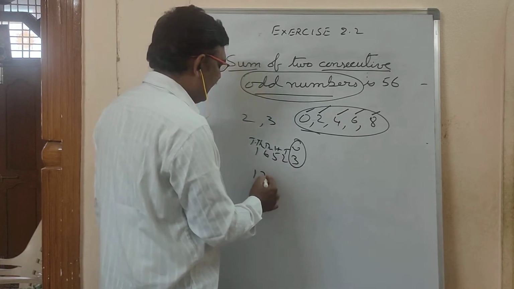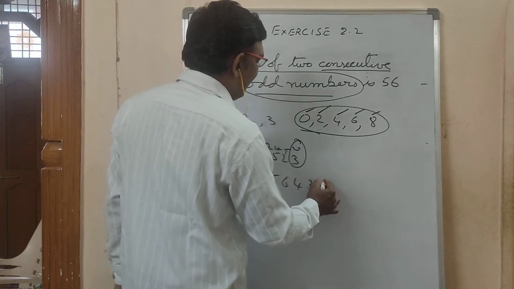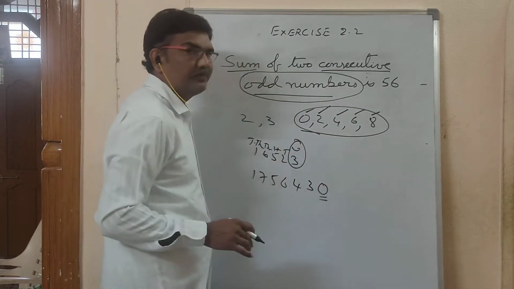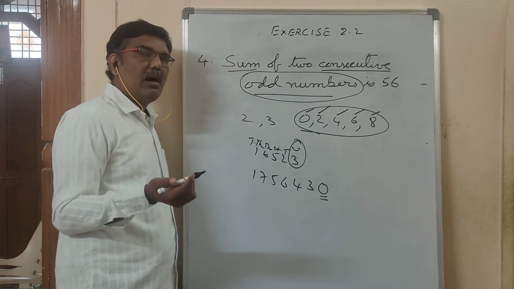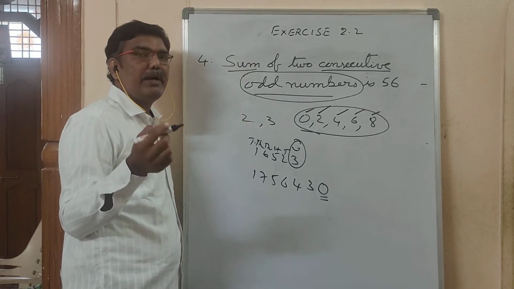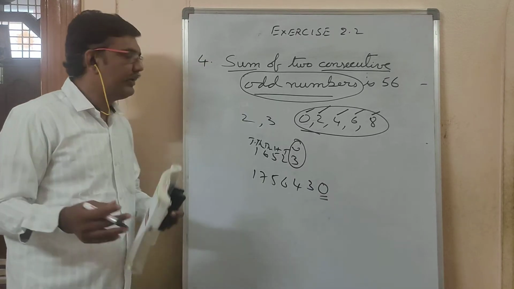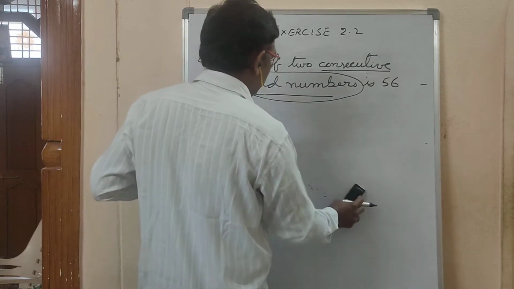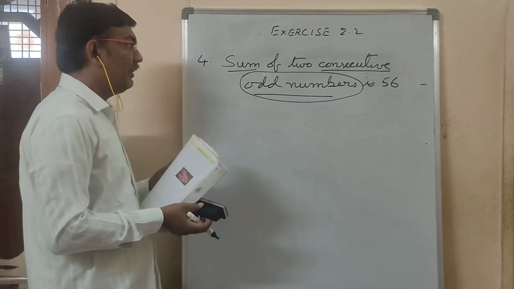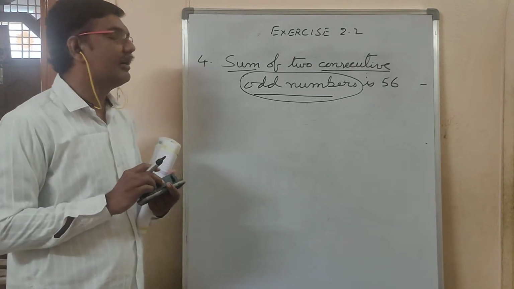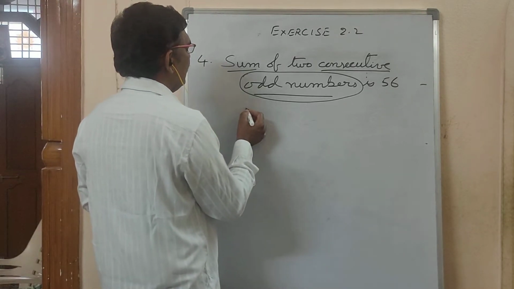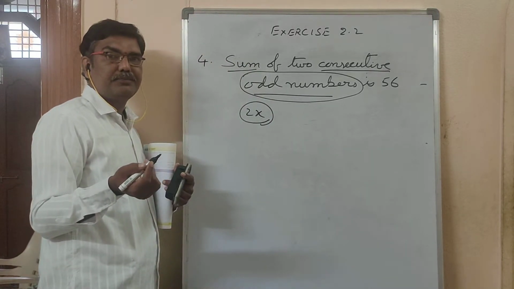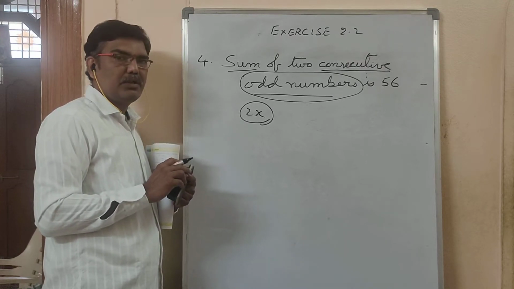So, if I write any number here, in the last digit if you have any of these 5, that is an even number. Simply I should say all numbers which are divisible by 2 are called even numbers. Okay. Now, odd numbers: for an even number if you add 1, you will get an odd number. See here, 2x is the general form of an even number.